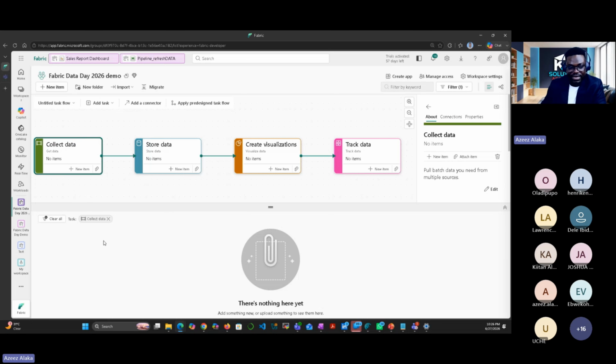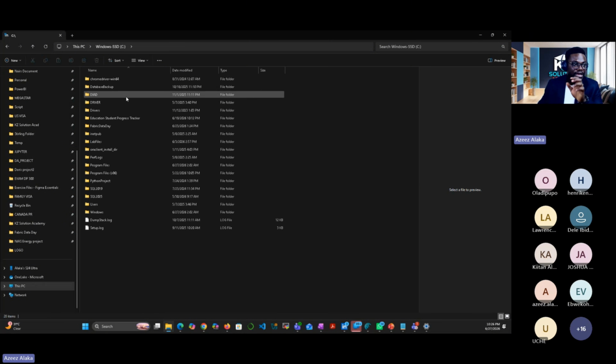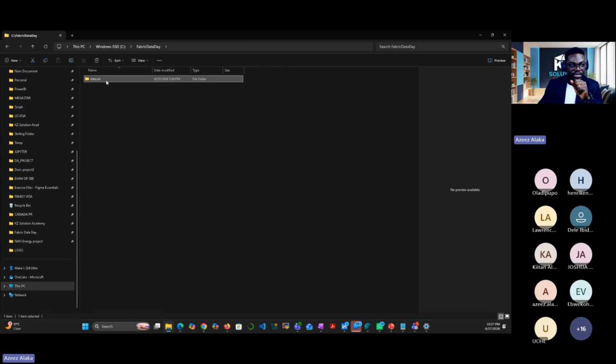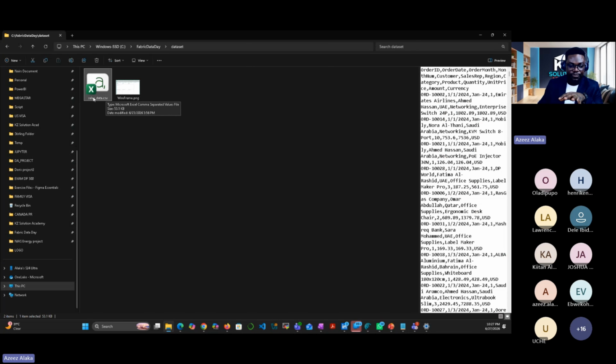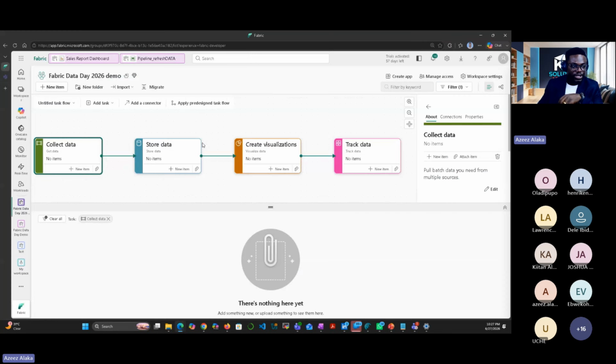Everything I'm going to put here will be about data collection. And remember, we want to collect our data from CSV. In the project we saw, the data was collected from an Azure database, but here we are collecting from CSV. I already have the CSV file. On my C drive, I have it, which I'm going to provide to you. You can have it in any location on your system, but to make it easier, I put it on my C drive. This is the data set, the sales data CSV file. We are also going to be using a wireframe, which I'm going to provide to you as well for those that are registered.